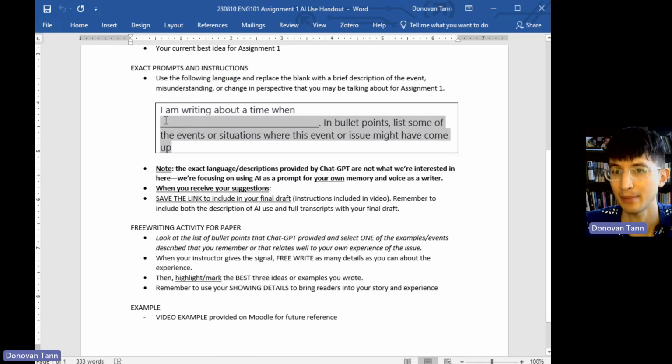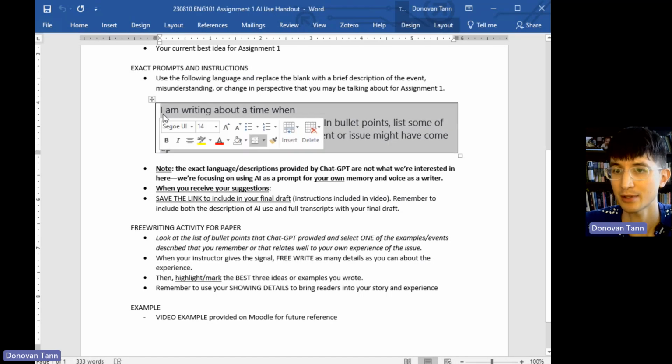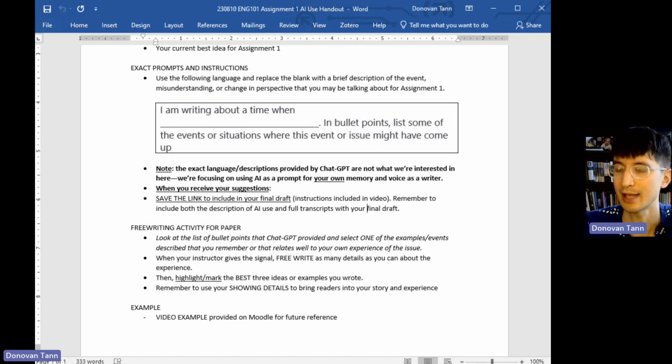I'm going to copy and paste that prompt so that I have the ability to use that. In a moment here, I'm going to pull up ChatGPT. Remember, this is going to look different over time. It will also look a little bit different once you're logged into your own account. If you are using this on your own computer or viewing this on your own time, you'll need to create an account in advance so that you can save those transcripts. This is a required part of your assignment.